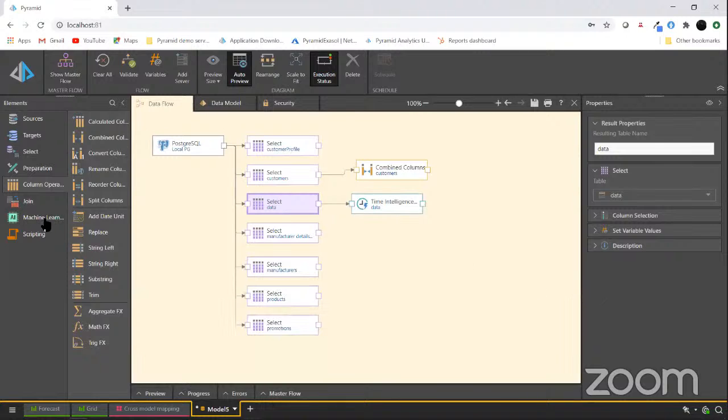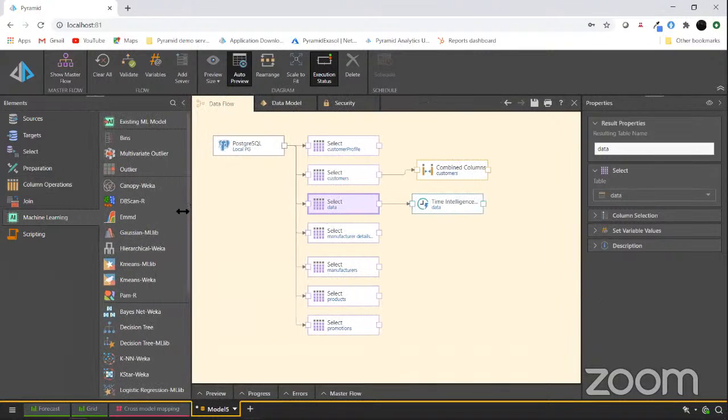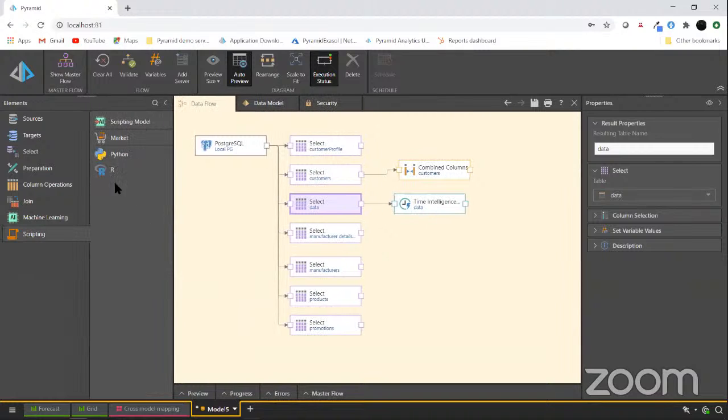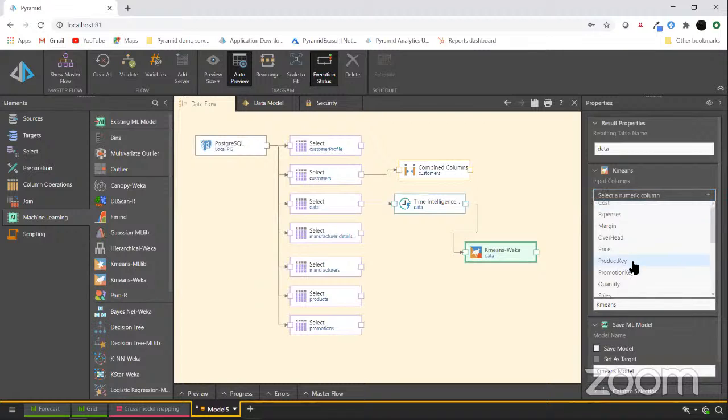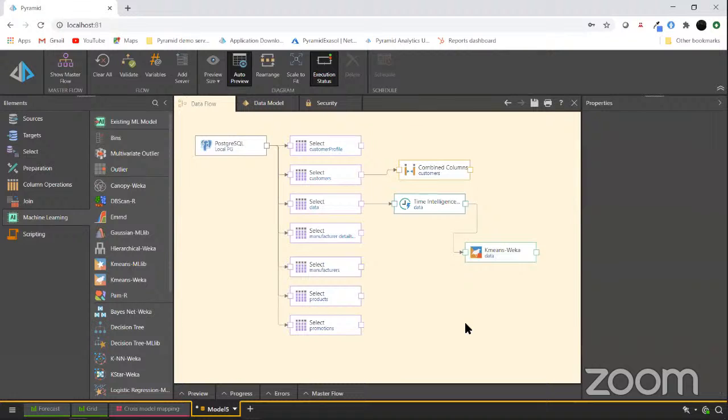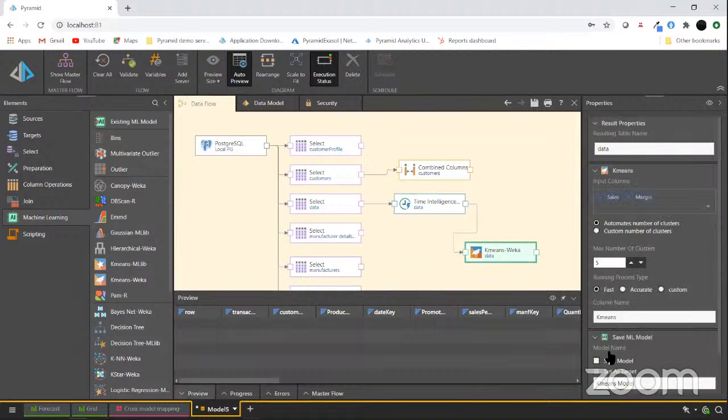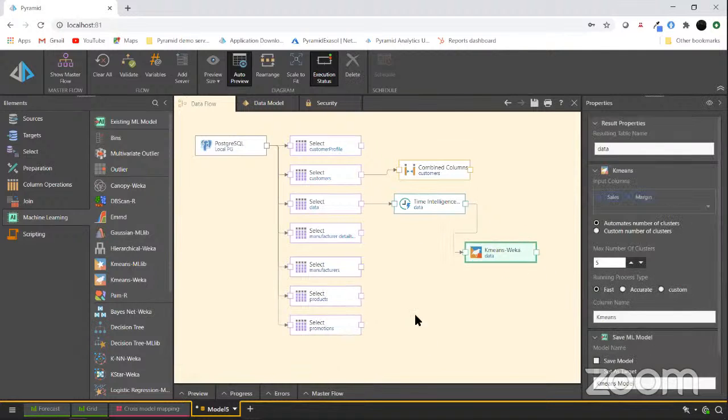You'll see there's a set of machine learning algorithms available to you out of the box, as well as the ability to create your own custom Python and R scripts. And again, these could be the same ones you're using in Exasol. So in this case, I'm using one of these pre-built blocks to do some numeric clustering. I want this based upon my sales and my margin. Again, I can save the output of this model. I can do model training and orchestrate these flows to do that. We'll leave that for the moment.